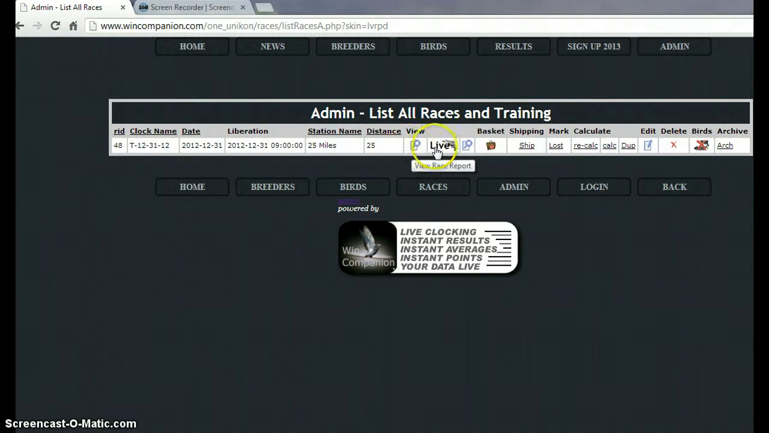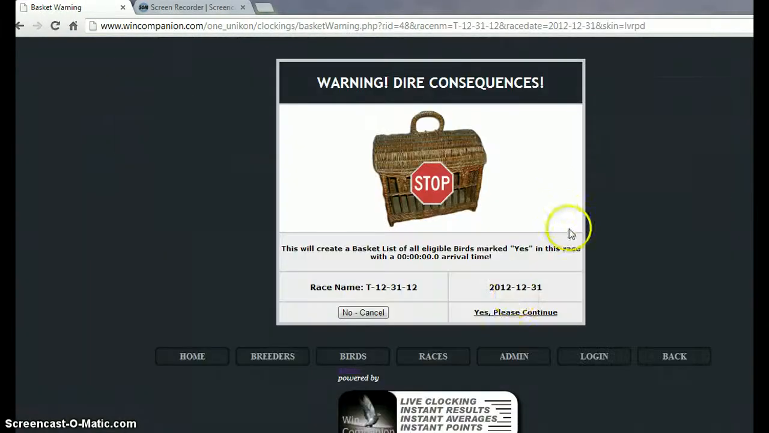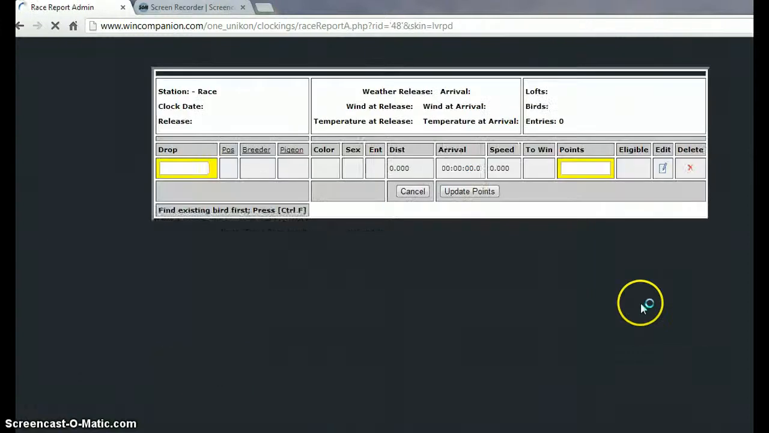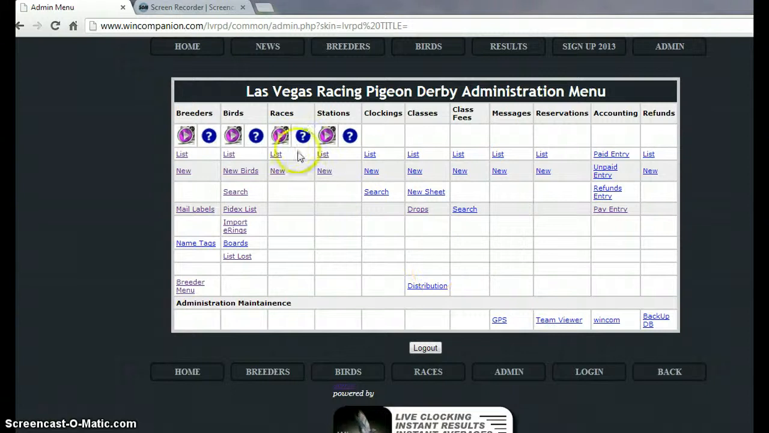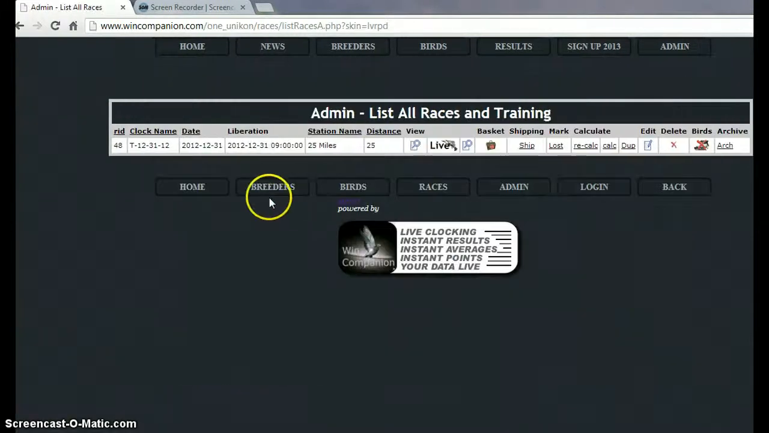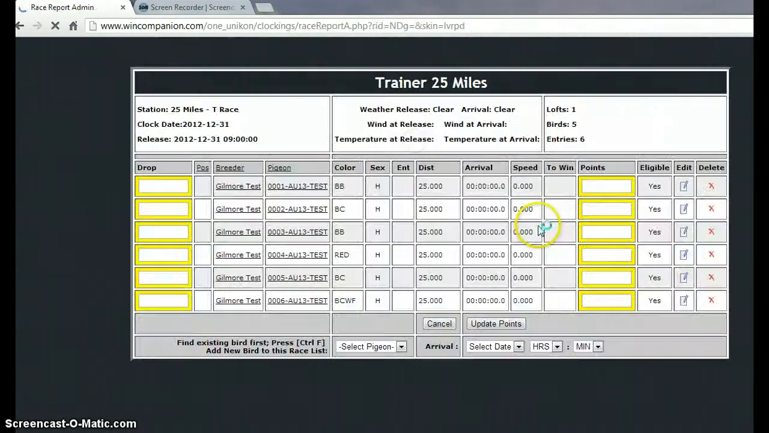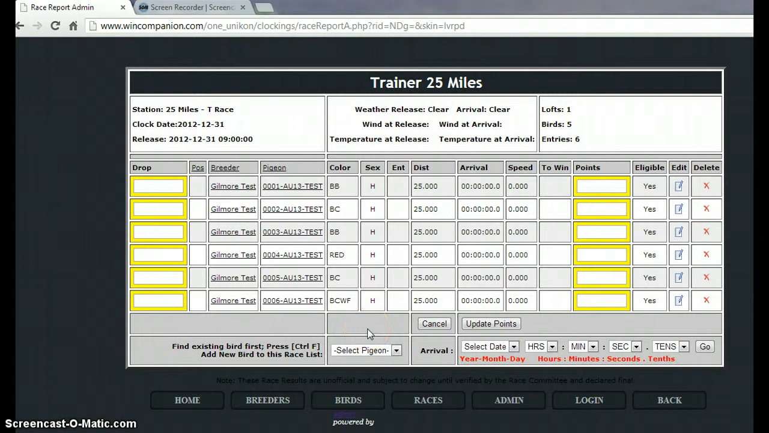If we create the basket list, in other words, we're going to submit the birds in that race where eligible equals yes. And now if we go and look at the races and we view that race, we see we've put all the birds in the race. These yellow columns,